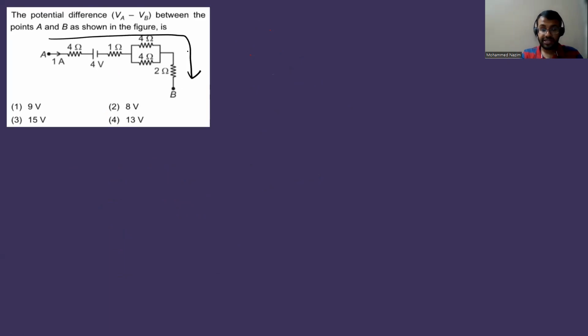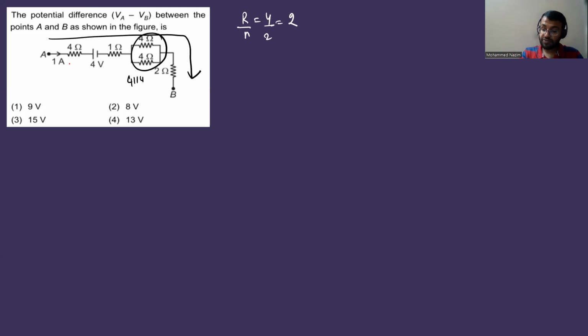So you try to solve the resistance. 4 parallel 4, how much will it be? For parallel, what about the resistance? It will be R by N. R is 4 and 2 branches are there. So 4 by 2 will be 2 ohms. Now that 2 ohms,